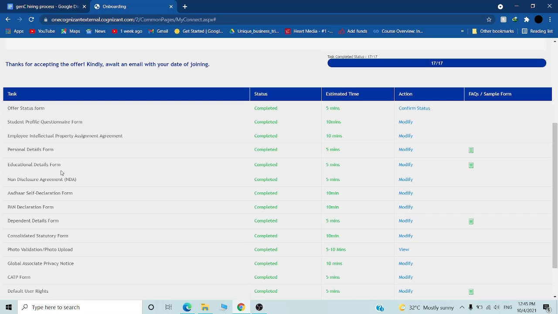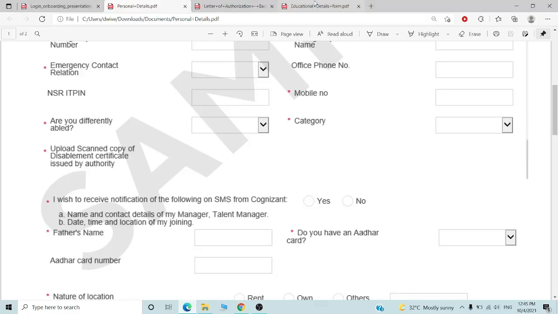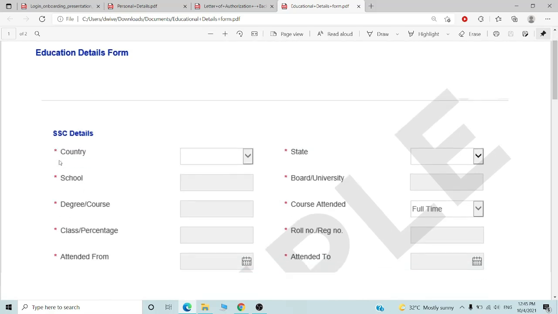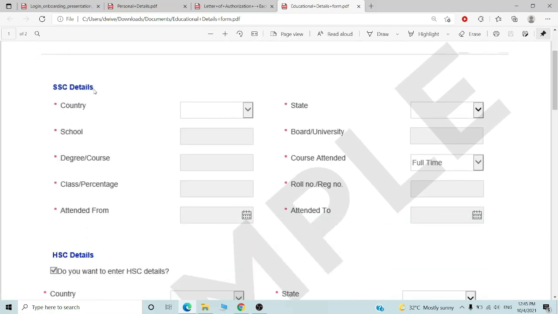You have to put in the education detail form. I will show you if I have that form. Yes, I have. So in the education details you have to write your SSC details. SSC details is like your 10th details: the country where you completed your 10th, the state, your school name, your board or university. If you're CBSE, then choose CBSE, and if you have any other board, then choose anything else.